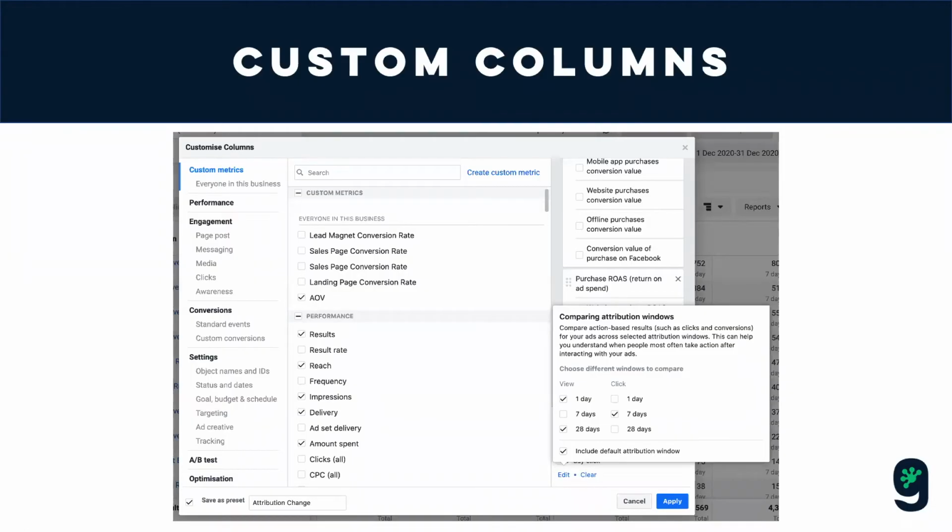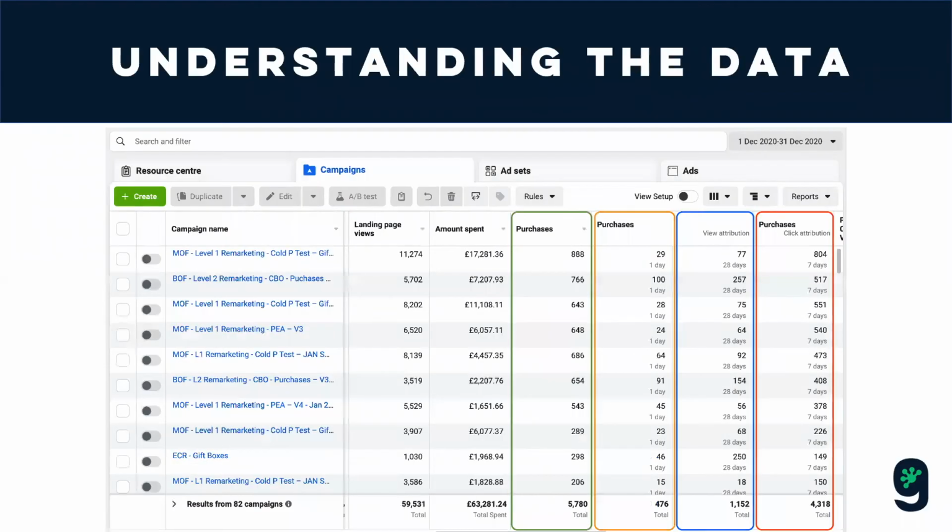So once you've done that, you're going to click Save as Preset, call it Attribution Change, and then in your data, you'll have 4 purchase columns that look like this. So you have the default old attribution, which is the 28-day click, 1-day view in green. You then have the 1-day view attribution on its own in orange next to that. And then next to that, you have the 28-day view attribution in blue,